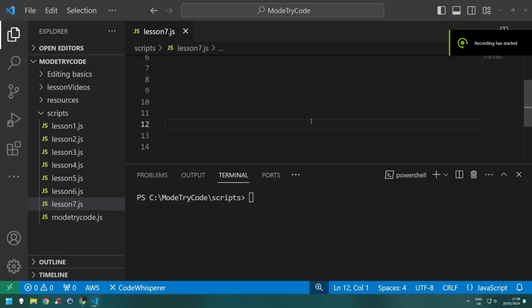To today's video. Today on Mode Code we're going to talk about arrays in JavaScript. Arrays are just what JavaScript uses to store a list of things, and they can be anything. They can be objects, they can be integers, strings, or anything in between really, and a mixture of all of